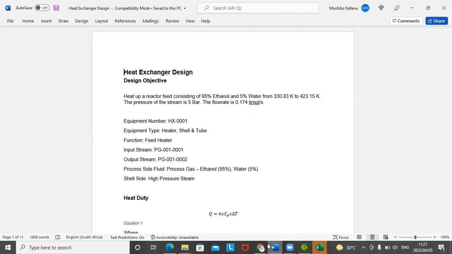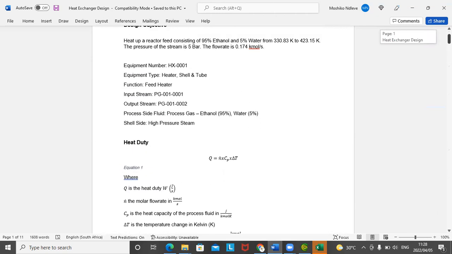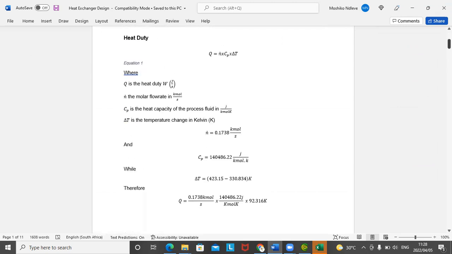So one thing, process side, we've chosen to put in what? The ethanol and the water, and then on the shell side, we're going to put in the high pressure steam, right? So that's the heat exchanger we're going to design, and I'm going to take you through how we will do that. All right. The first step, obviously, is determining the